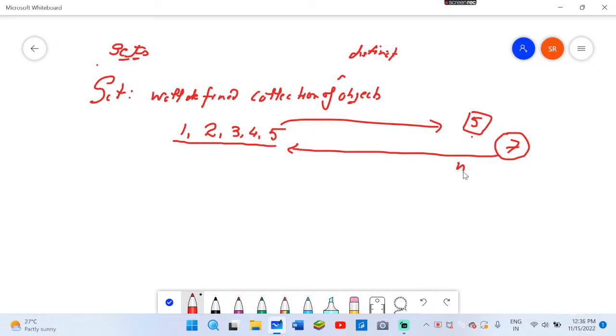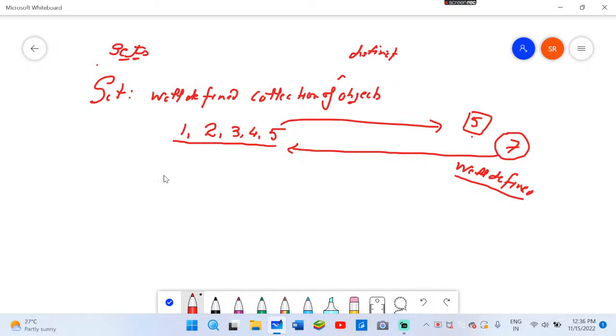So by the phrase well-defined, we mean we should be able to say with certainty for the given element whether it belongs to a given collection or not. Then secondly, these all are different also. So we can say that this collection of natural numbers from 1 to 5 is a set,